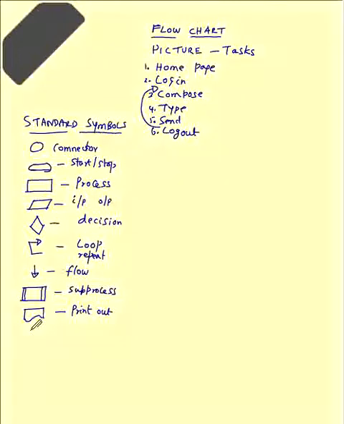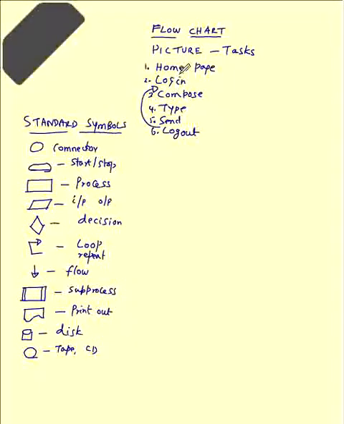Anytime you save the information, this symbol is used for disk. In case you are using CD-ROM or tapes to store the information, you can use this symbol, tape or CD. These are all the standard symbols that people use for flowcharting techniques.